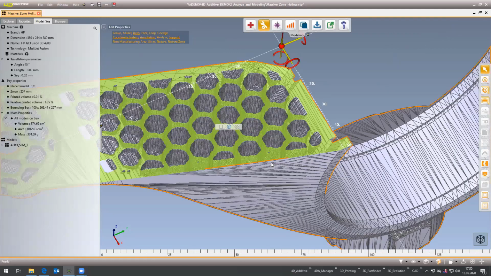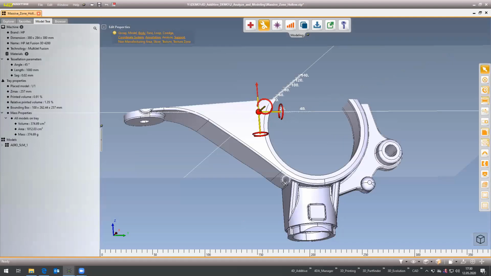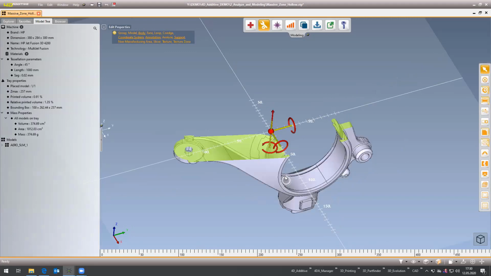So what we did is we created the hollow and the lattice structures on a tessellation of what was at the beginning a BREP part, a BREP representation. But I can switch back to this BREP, which is a really lightweight model because it just has a certain number of faces. And what we can do is we store these two different kinds of information. So the original representation of the part, which is the exact representation which comes directly from the CAD system. And we have tessellated representations where we can store